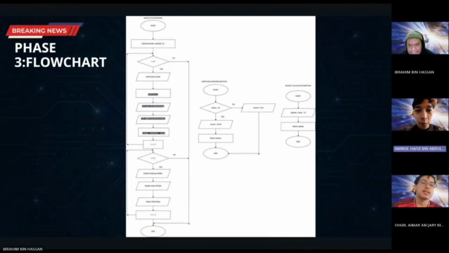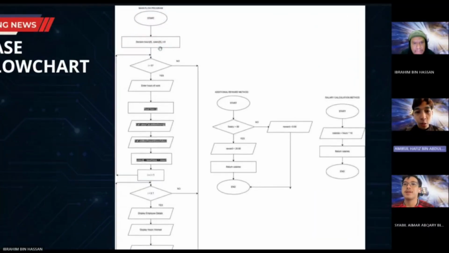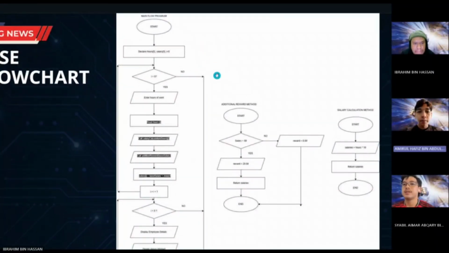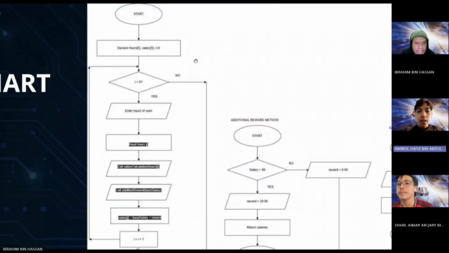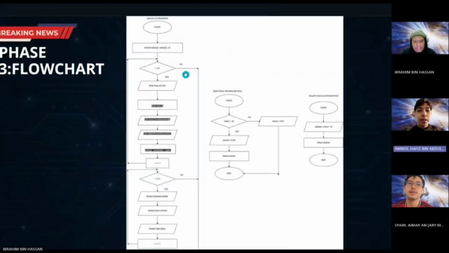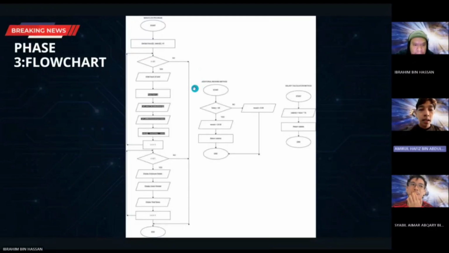Now we focus on our flow chart. So our main flow of the program is, first, we start and then declare hours and also salary, which is an array. We use a rectangle for the shape, and then for the for loop we use the diamond shape, and then if the condition is correct, it will proceed to